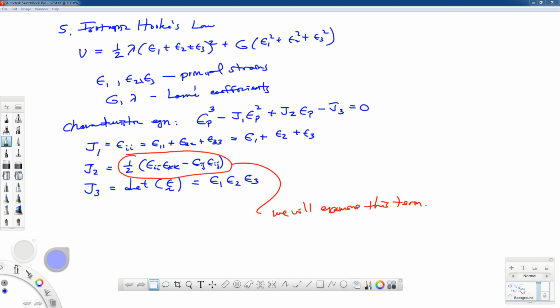Now, we're going to take a look at the characteristic equation and the invariants of the strain tensor. Previously in our textbook, they had used lambda as the eigenvalues of the strain tensor, but I don't want to confuse that with the Lamé coefficient lambda, so I'm using epsilon sub p. And there's our expression of our characteristic equation with J1, J2, and J3 being the invariants of the strain tensor,